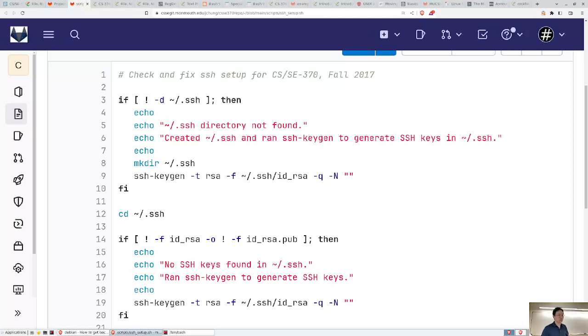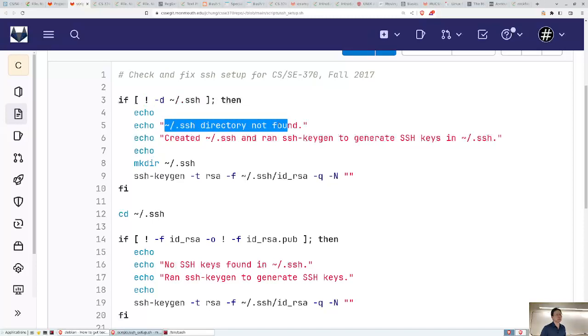So it just consists of some file system tests. So what is this checking? This means not directory: no directory called .ssh in your home directory. So it's checking for the non-existence of a .ssh directory. If you do have Secure Shell keys, that directory exists. If you generated keys, you should already have that. We're just checking for the non-existence of that directory here. And if it doesn't exist,